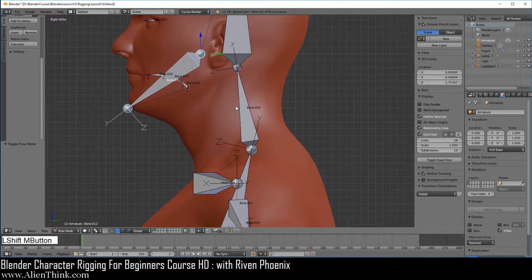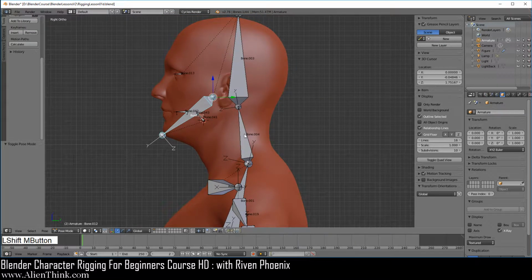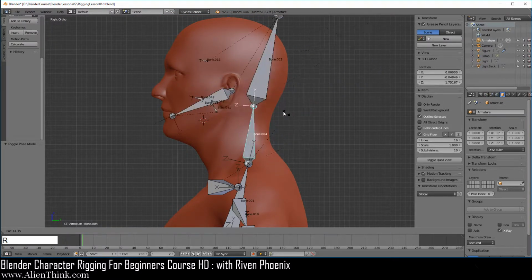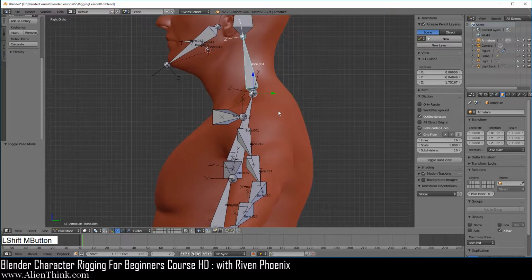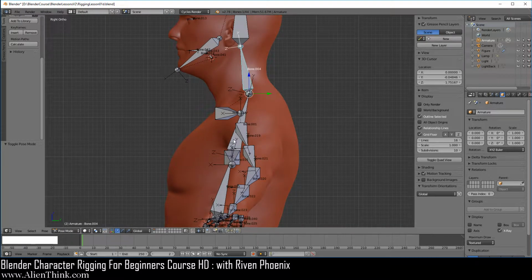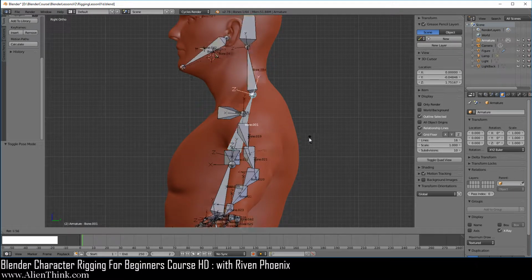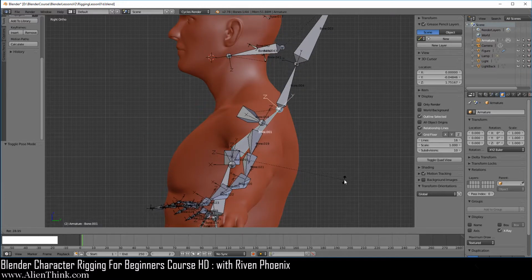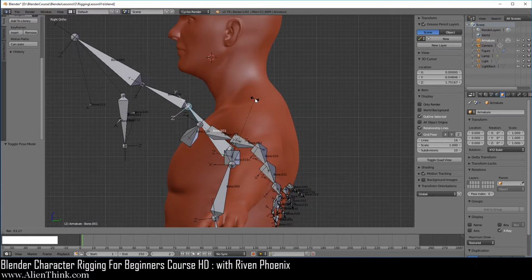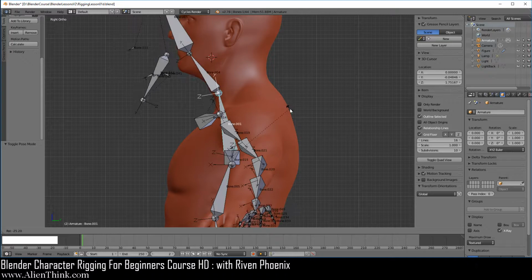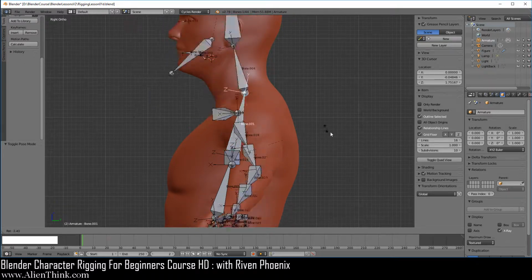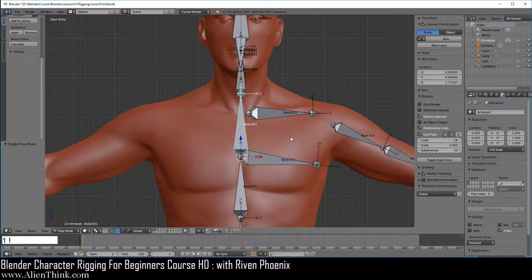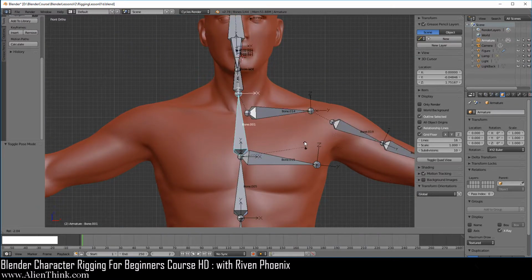We shift middle mouse button over here and just zoom out a little bit. Click on this neck bone, press the R key. Everything is functioning over here. Right click to cancel that movement, shift middle mouse button. Now we're going to click right over here. This is going to be the upper chest. Press the R key over here, and you can see that when we rotate this bone, the arms, the hands, the shoulder, the neck, head, jaw, tongue, eyes are all moving with this bone. So this is correct. This is how it needs to move.